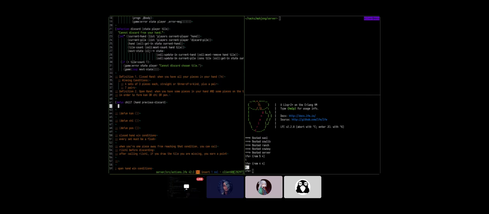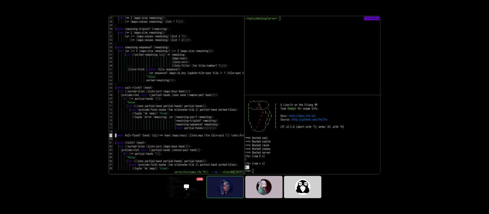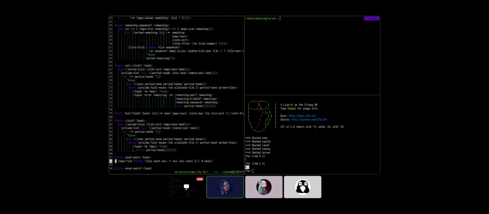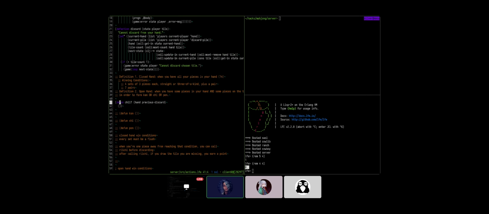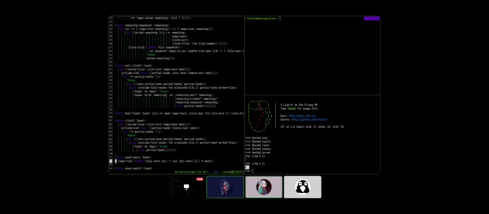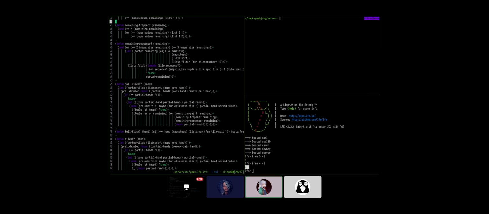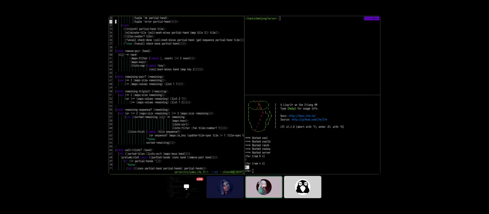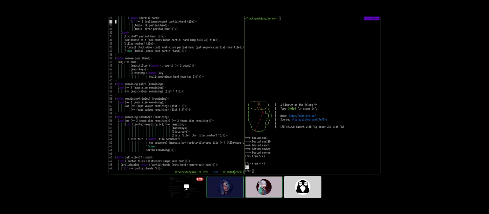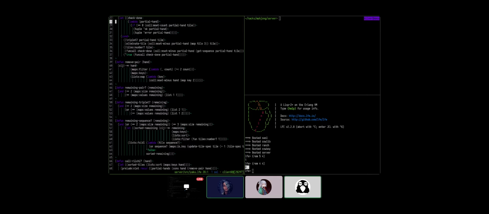So wait, I think I got confused because Riichi is a Yaku, and yeah, it is an action. Yeah, exactly. But there's a problem, Marin. We have a lot of useful auxiliary functions in the Yaku module. So are we going to move them as well, or just keep them in here? Count pairs, blah blah blah. Remaining sequence, remaining triplet. We're going to need some of these functions to do this math because